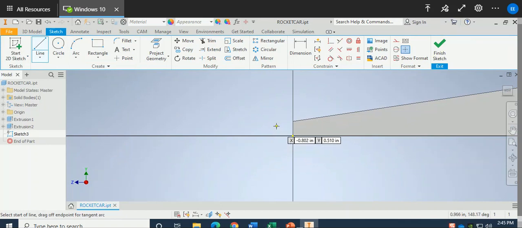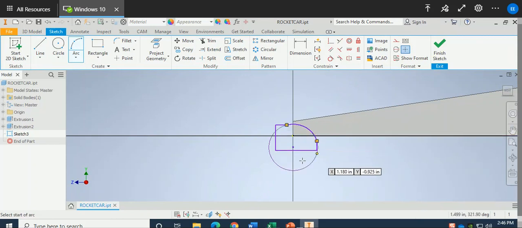So I'm going to start a straight line, somewhat like this, okay, like that. And enter. I need an arc at this point, okay? And if I create an arc, something like this, that's going to be pretty much what I want to accomplish. That's one part that I'm going to subtract from